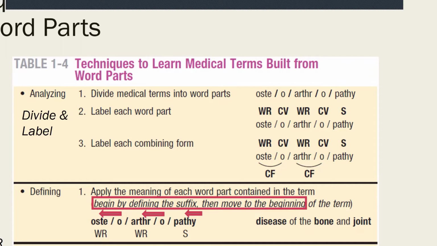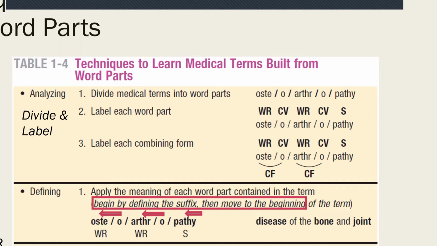So you can see there under point 3, you have osteo and arthro, and you've got the little line joining the two of them together and CF written underneath the term. So you've got your word root and your combining vowel identified on top of the word, and then CF, the combining form, on the bottom. So the combining form is simply just your word root plus the combining vowel put together to join one combining form. So that's how you should